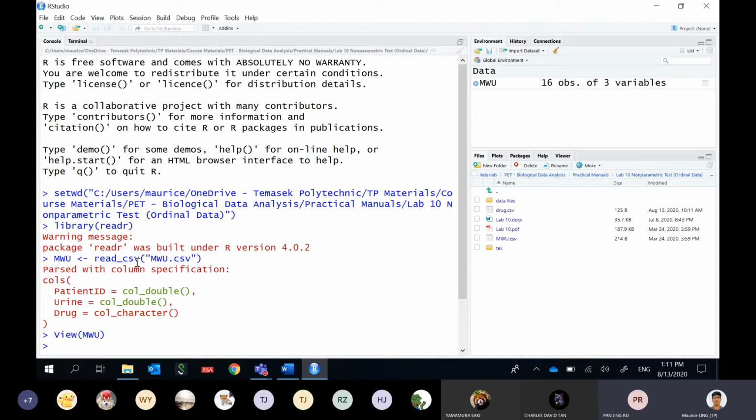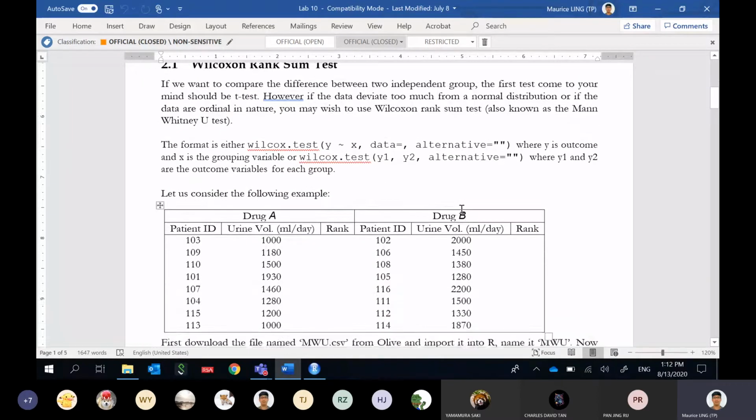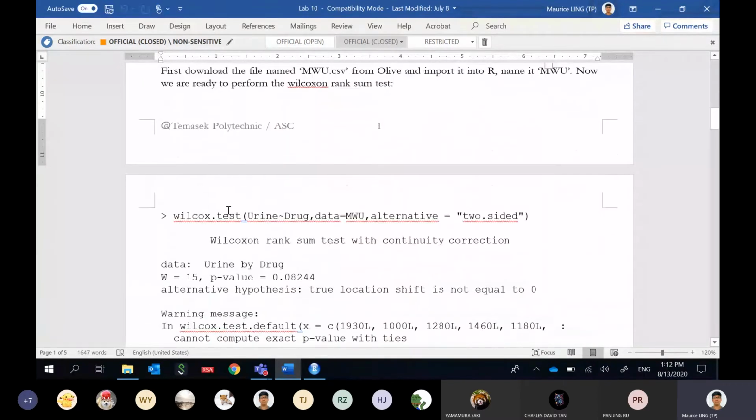All right. So let's look at how you actually run the test. It's a Wilcoxon test, X versus Y, the data and then the alternative. This is the function that we want to use. We want to test urine against drug. Drug is the categorical variable. We want to separate based on drug. So we take this command,